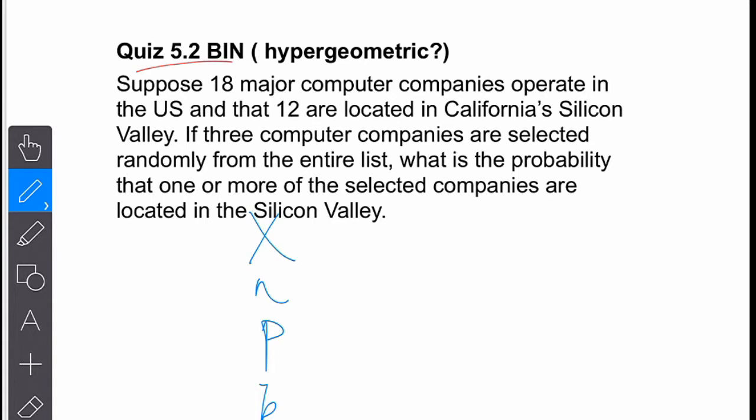I'm looking repeatedly at companies, and the chance that those companies are from Silicon Valley, I have to put these numbers together, and I can know what that is. I can know P. So that's the first thing that pops out at me. I know P because it's going to be 12 divided by 18. Right? Because that's it. It's 12, and there's a total of 18. So 12 divided by 18